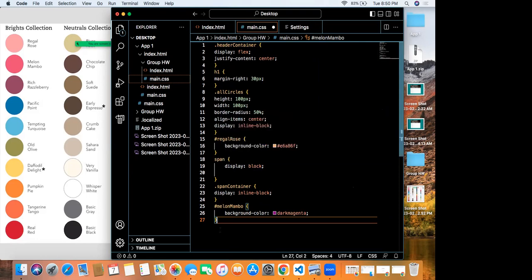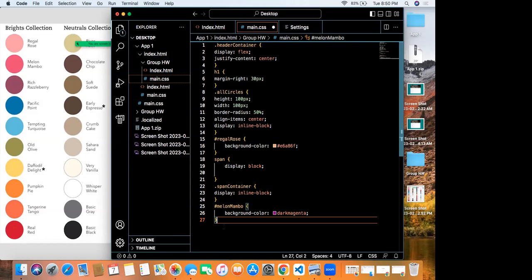Do we have to do a span tag under Melon Mambo, or is it covered under this one? Since we already, no, we need just once. You don't need to do this time. Sorry, what was the question again? Do a span for Melon Mambo too. This would affect all the spans. You don't need the span again. Okay, gotcha. Just wanted to try. Is that why we put it in its own div and then a class?